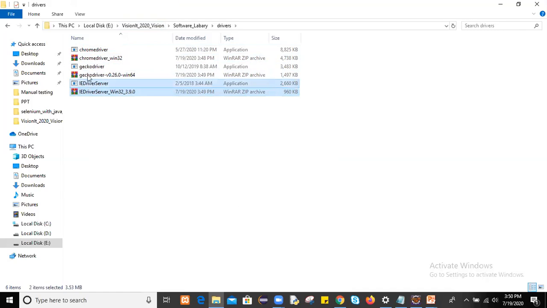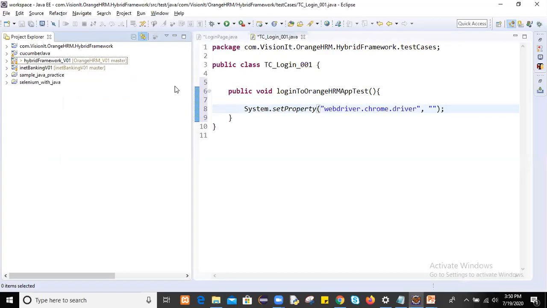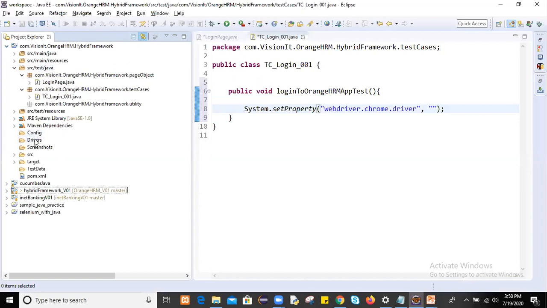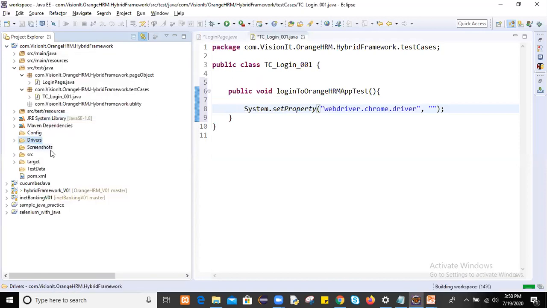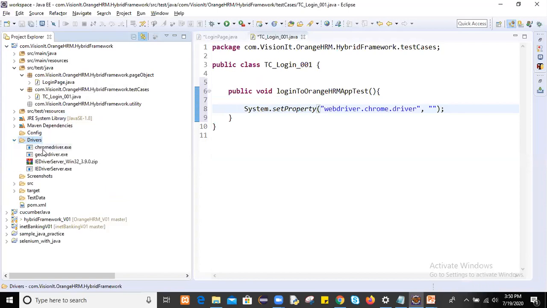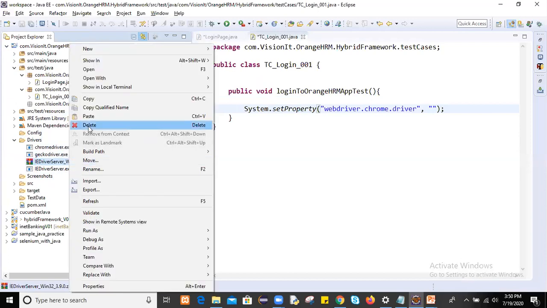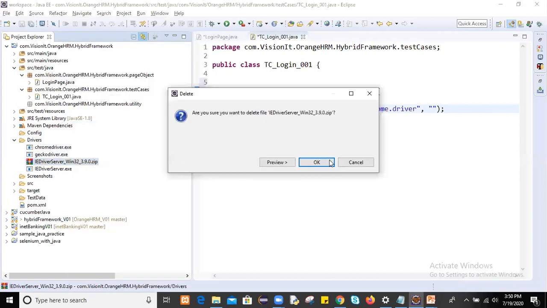I will copy all these three drivers and go to your project location. Here you have created a drivers folder, just paste it. So you will get all drivers. This is the zip one, let me delete this zip file.